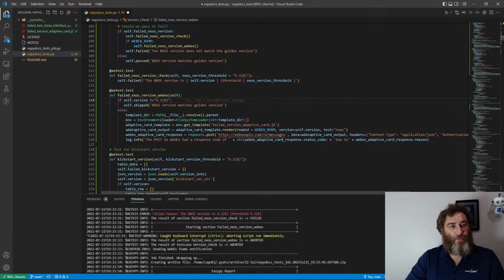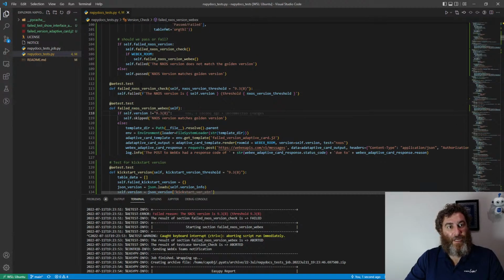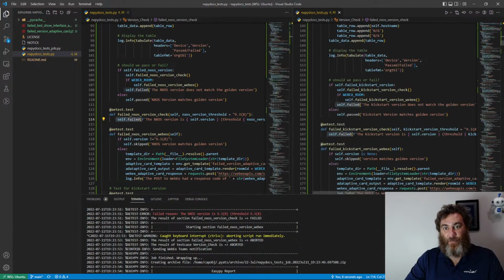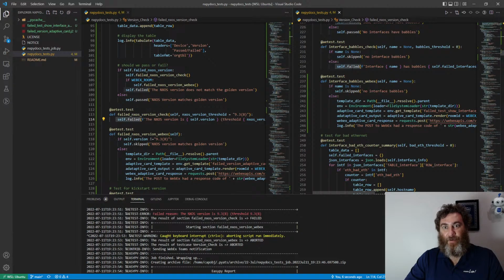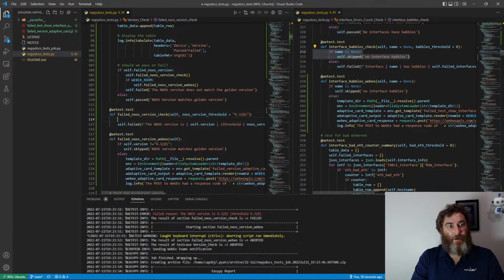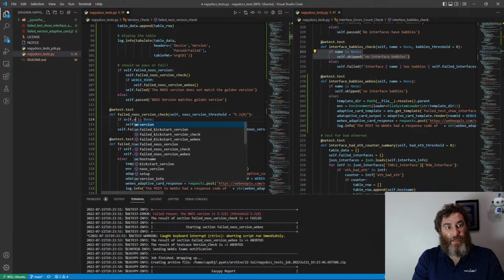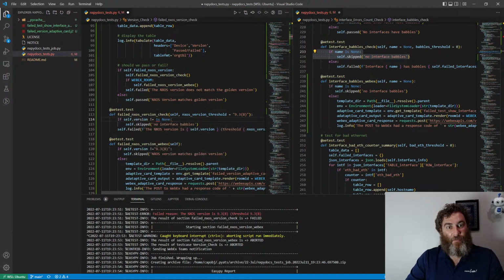No, I think when I removed that, I do need that for sure. But I'm running this self fail. I removed the self skip, it looks like. That's what I've done. Under the check, I should have a skip. Somehow that got nuked during my messing around here. And I should say if self.version does not equal the threshold,